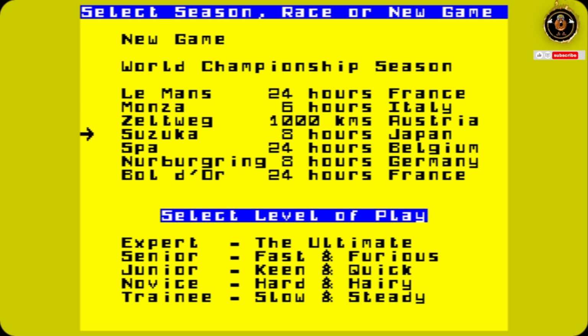Okay, so we're choosing the levels now. We've got to choose the World Championship season. So that's Le Mans, Monza, Zandvoort in Austria, Suzuka, Spa, Nürburgring, and Bordeaux. So two races in France. So select yes,